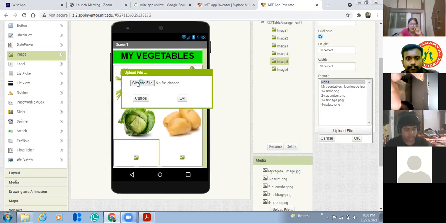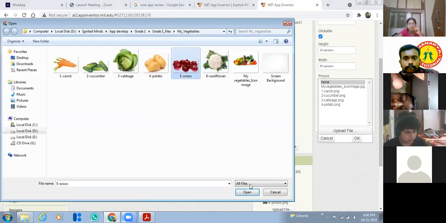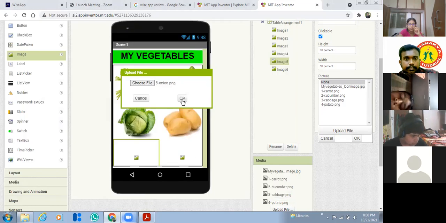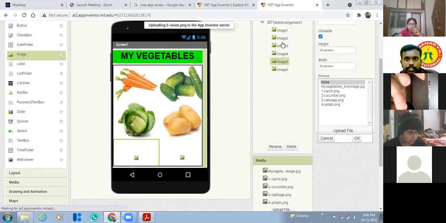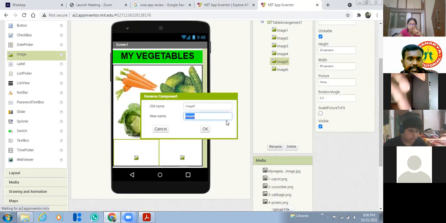Done, sir. I added them also. You added all the images. Okay, sure, cool. And rename everything, Shreyas. Just click the images and rename them, like image carrot.